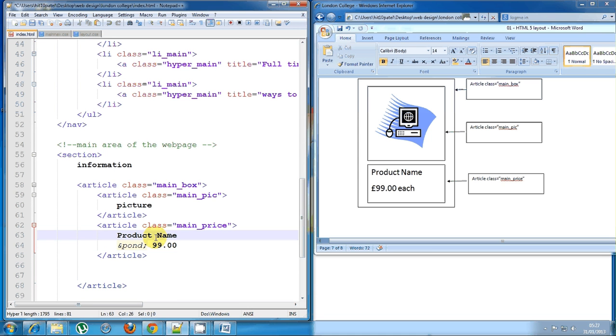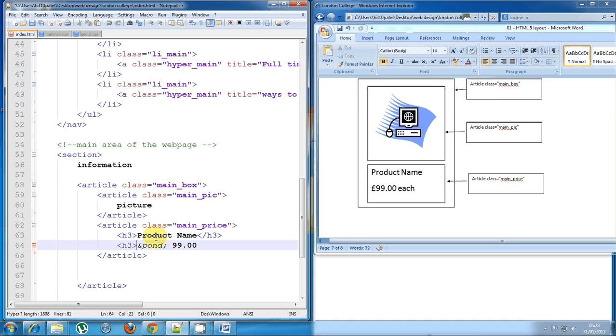And what I'm going to do is give this a heading tag 3, close the arrow and close the heading tag 3, and the price I'm going to do the same,